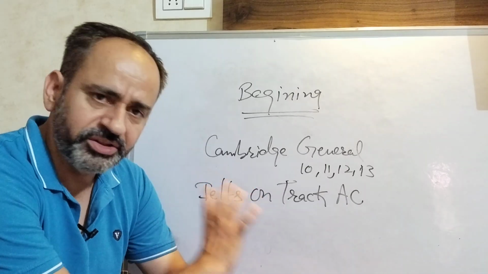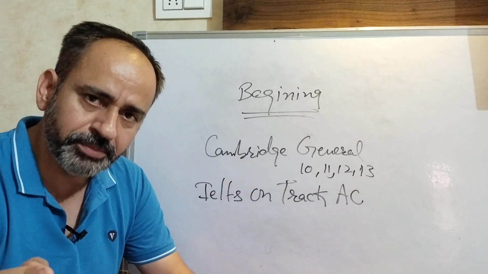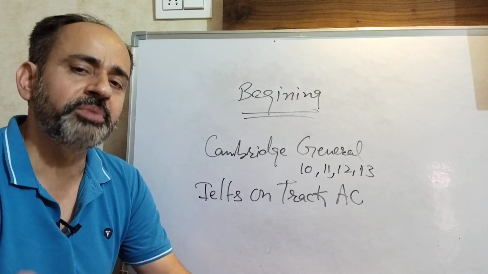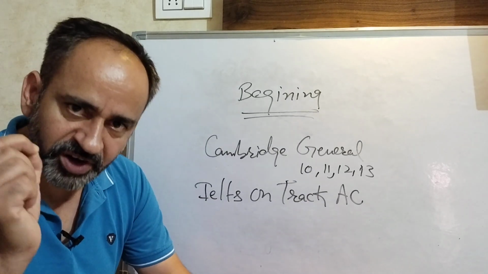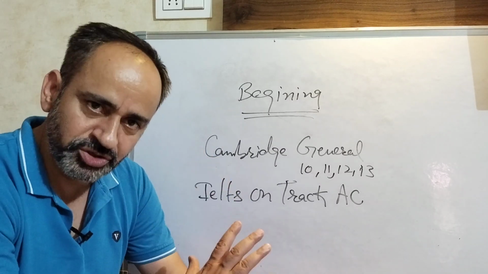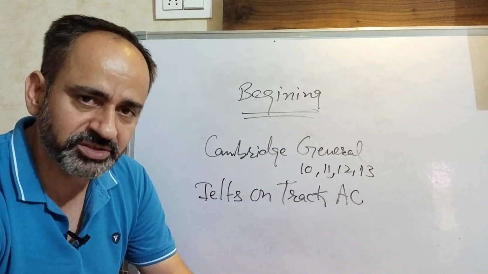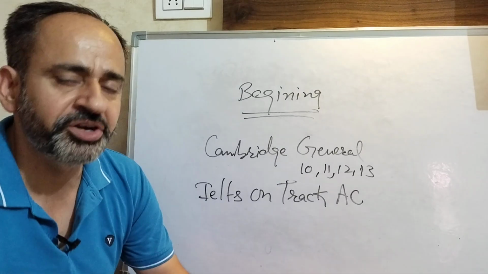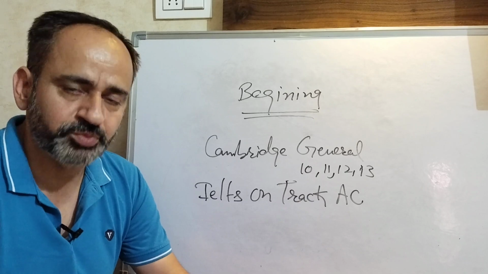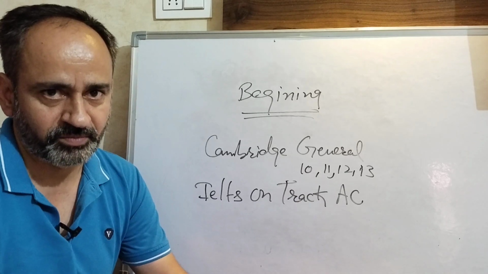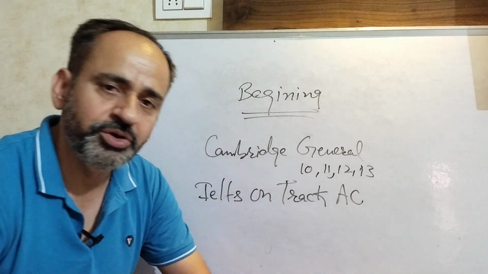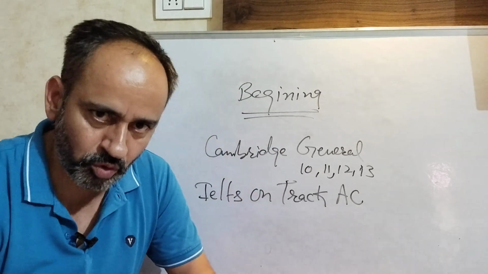If you have done all these works, your standard of speaking will be up, your standard of writing will be up, all modules' standard will go up, and the result is that within 1 month you will complete your IELTS practice at any institute, and then you appear in the test. And I can give you 100% guarantee that if your score target is 6 each or 6.5, you can get that. But this much work like vocabulary and grammar you have to do in advance at your home, at your own level.